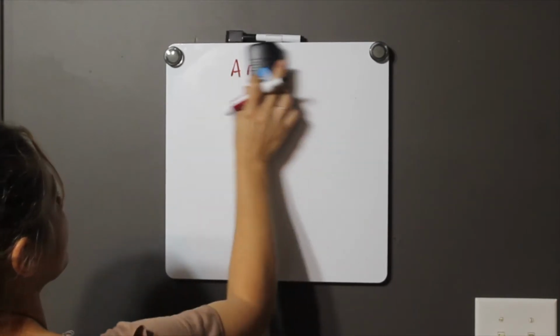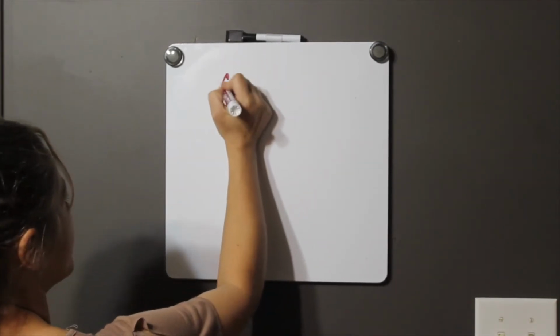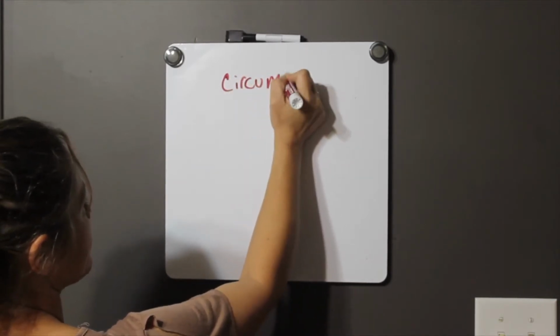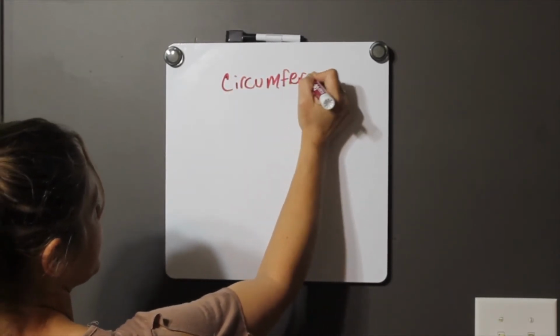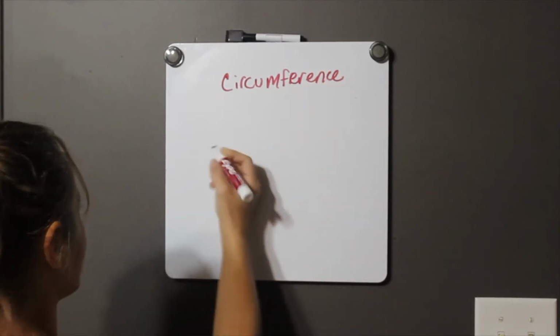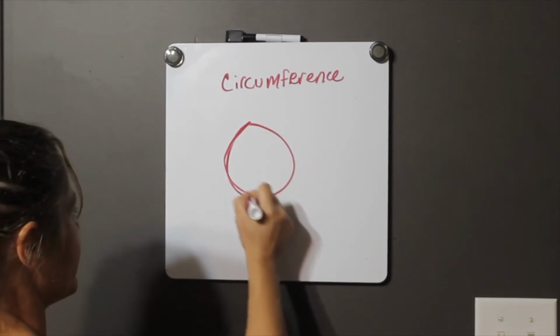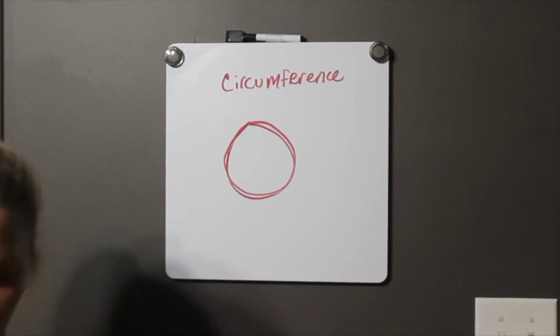The perimeter of a circle is called the circumference. That's so hard to spell. Circumference. It's the length all the way around the circle. So if you were trying to put a fence in a circle,